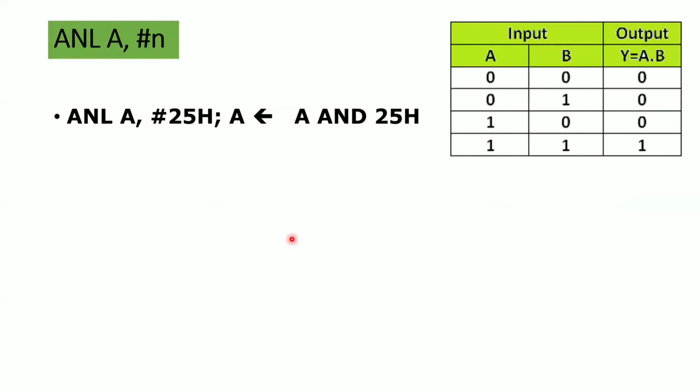You already know the AND operation, and this is your 2-bit AND gate truth table. Whenever any person asks you to tell the truth table of an AND gate, what will you do? 0 0 0, 0 1 0. Please don't say that. Be smart, because you are legends. You need to say that whenever all the inputs are 1, the output is 1. You need to give a smart answer.